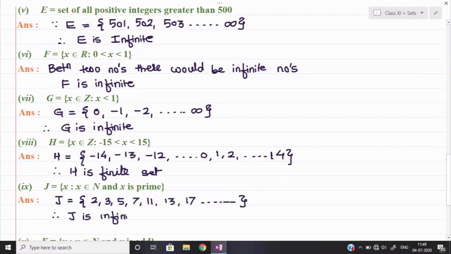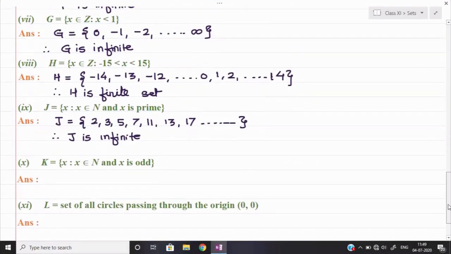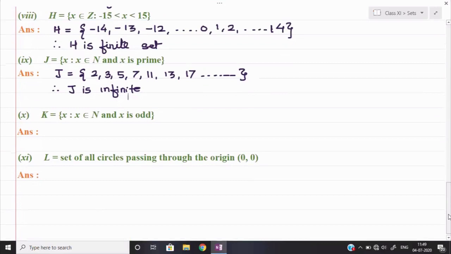Right? I am doing it a little quickly because these questions are again simple. The real questions of sets are yet to come. So these are simple short answer questions. Now I think only two parts remain that we can finish quickly. X is odd and X belongs to the set of natural numbers. So set K will be odd numbers as well as natural: 1, 3, 5, 7 and so on. So here I can say that K is infinite.